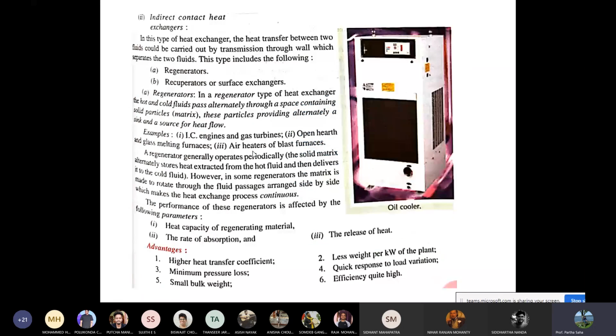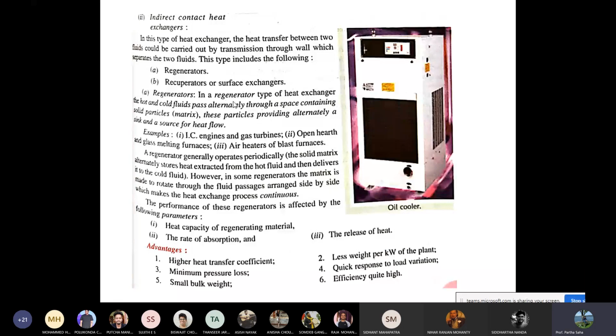Let's look into the non-direct contact or indirect contact heat exchanger. In this type of heat exchanger, heat transfer happens between two fluids which pass by each other and are separated by a surface. The regenerator is a transient type of heat exchanger, where hot and cold fluids pass intermittently through a space containing some solid particles. The solid particles here act as a sink and source of the heat flow, because when the hot fluid passes through this,